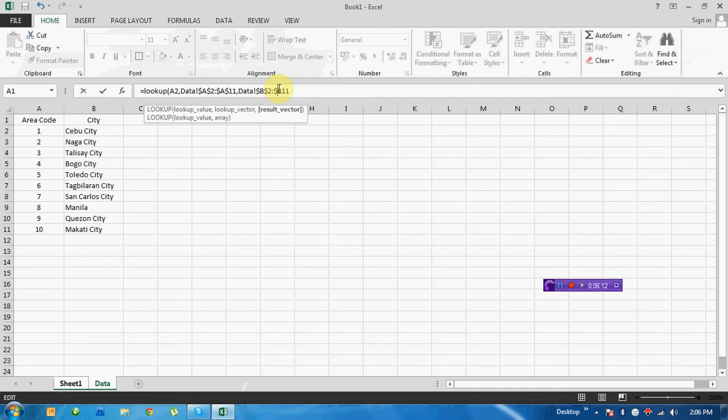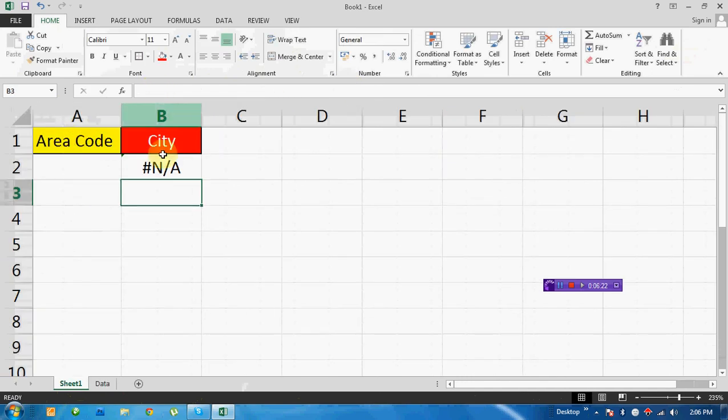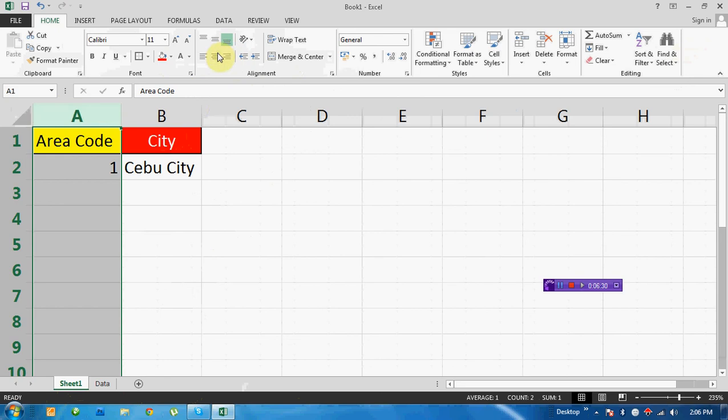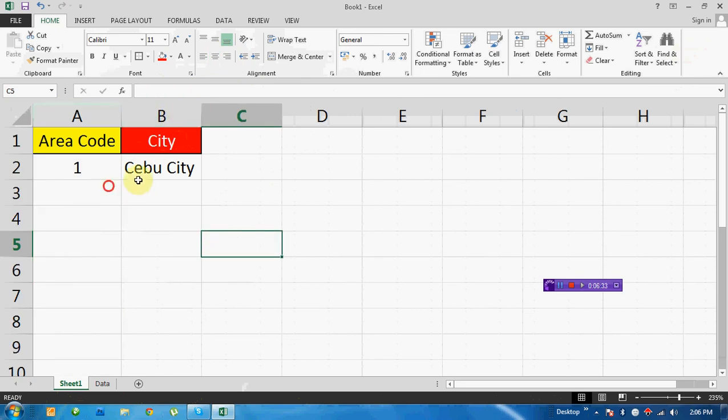Then close the parenthesis and press enter. Here, if you put 1, automatically it will give a city. Then simply drag it down.